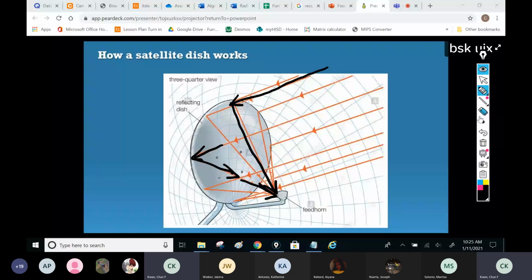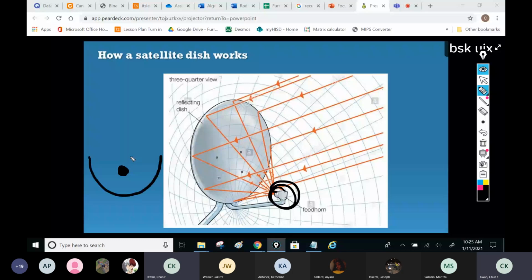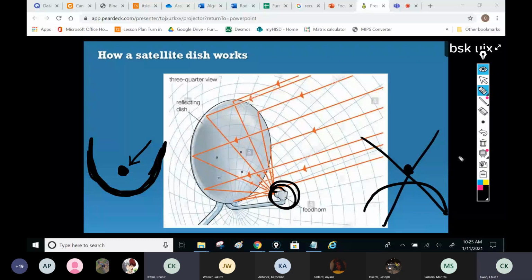So one thing I want you to keep in mind is that the receiver right here is always inside of the dish. So let's just say this is a receiver. You will have the dish like this, and the receiver is inside of the dish. This is very important. It looks like common sense, but I need you guys to memorize this. The receiver is inside of the dish, not the outside. You cannot have it the other way around. You cannot have the receiver like this with the dish pointing out this way. This doesn't work. So make sure you understand that the signal receiver is inside of the dish.